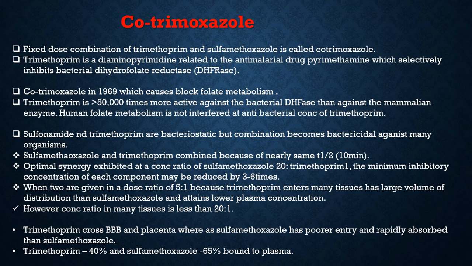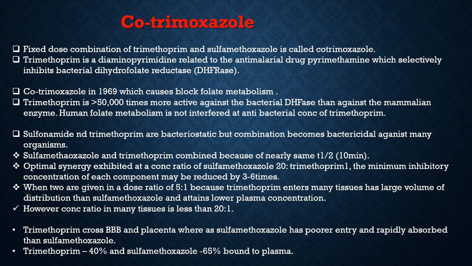Sulfamethoxazole and trimethoprim are combined because of nearly the same half-life, about 10 hours. Optimal synergy is exhibited at a concentration ratio of sulfamethoxazole about 20 to trimethoprim about 1, a 20:1 ratio. The minimum inhibitory concentration of each component may be reduced by 3 to 6 times when the two are given in a dose ratio of